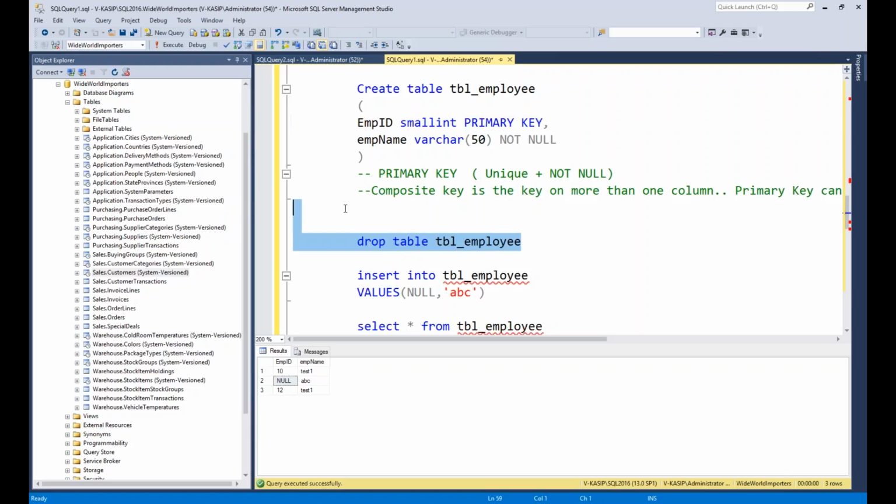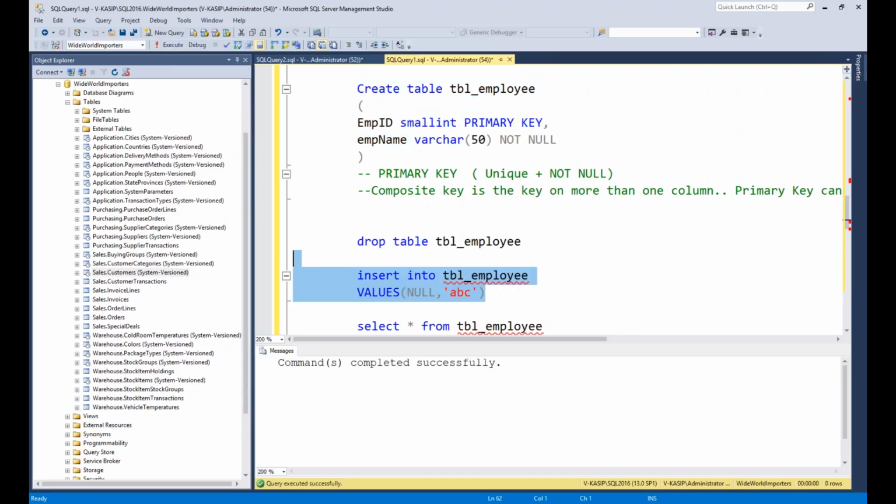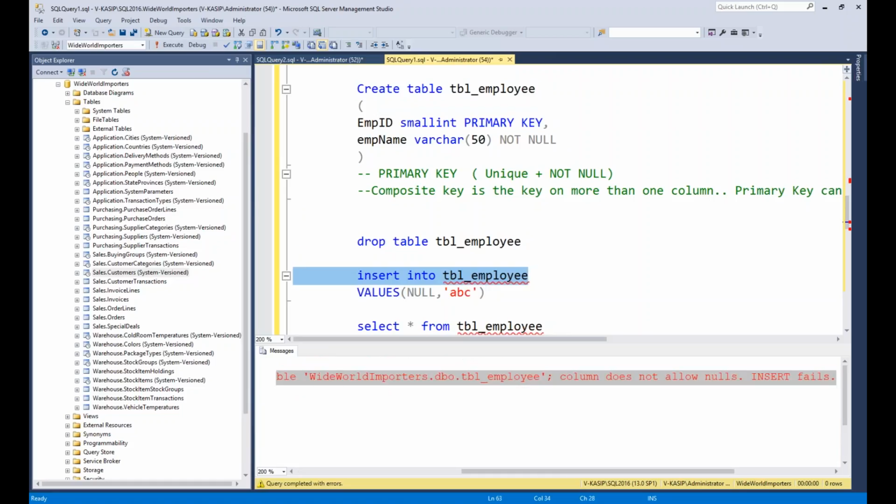Okay. Drop table, this table. Here if you are trying to insert this one, it will throw the error because null can't be inserted into the primary key. So you need to make sure that whenever you specify the primary key on a particular column, it should not allow the null, and it should not allow the duplicates.